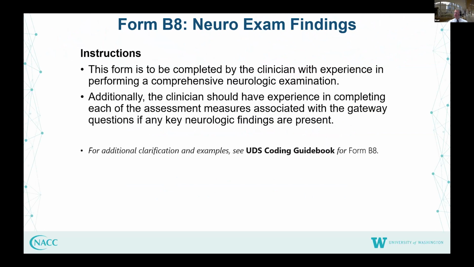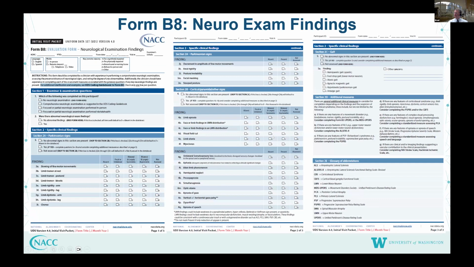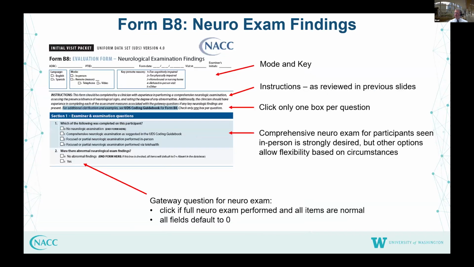So this form is to be completed by the clinician with experience in performing a comprehensive neurologic exam, and this is all laid out in the coding book. Plus, it is strongly encouraged that the clinician should have experience in completing a full neuro exam. There are 3 pages to the neuro exam form, and just to go through these individually,